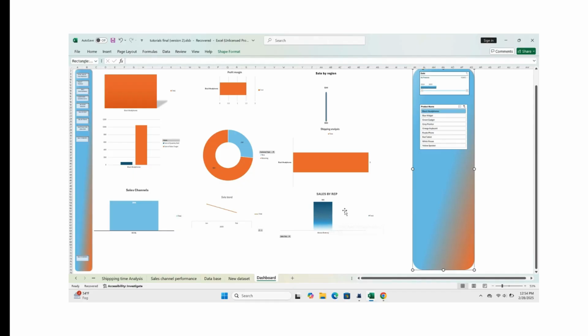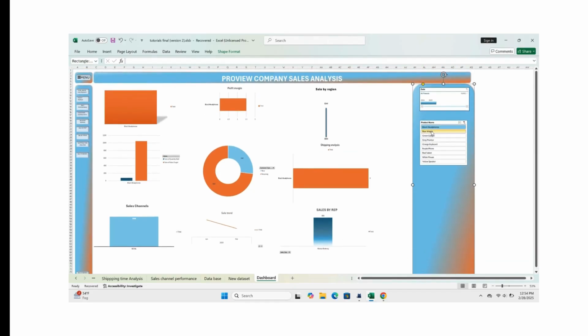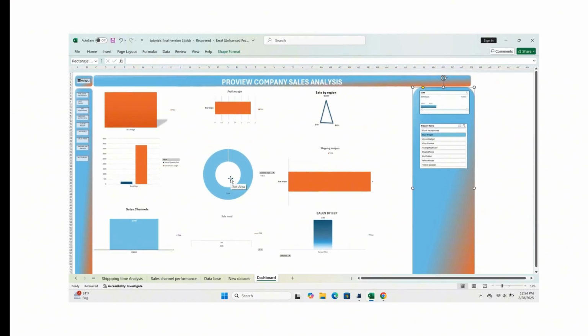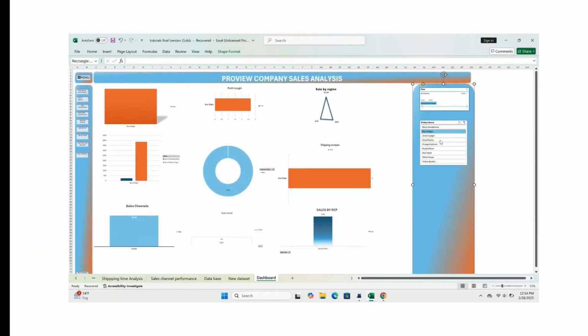So when I try to change the name again to blue widgets, you can see that the sales by region has changed into something like a triangle, meaning that we have the north side, then the west, and then the east. So you can see how dynamic your dashboard is looking now. So this is how a dashboard works in Excel. So I'll just clear the filter